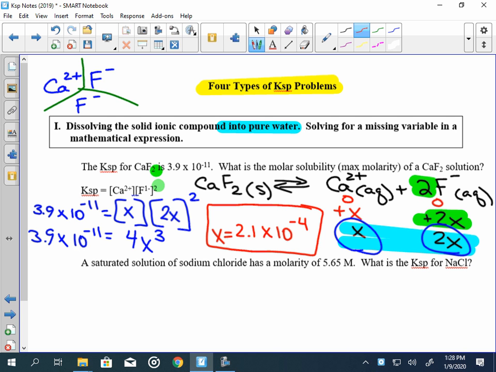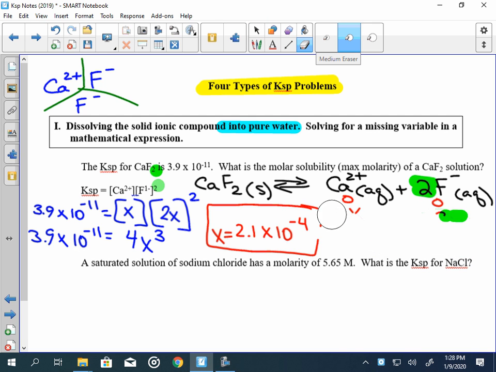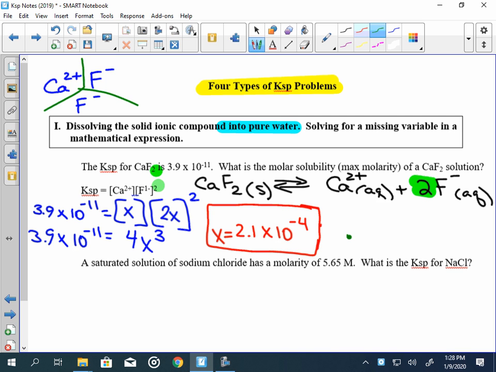That's the maximum molarity of calcium fluoride. All right? Now, since I don't have a lot of space, I'm going to erase this. I want to write that number out so you can see what that looks like, because it would be possible to not see what that means. That is a very small molarity. And that's as big of a molarity as we can get to make a solution of calcium